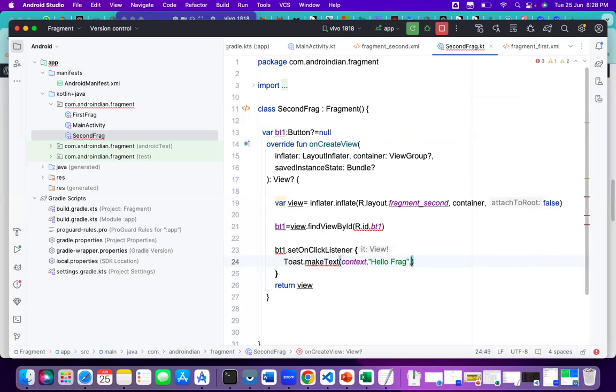Then from here, toast dot length long dot show. Right. So then here it is. Also, now I want to move to the next page as well. So how to move to the next page? To move on to the next page here, now I'll write here